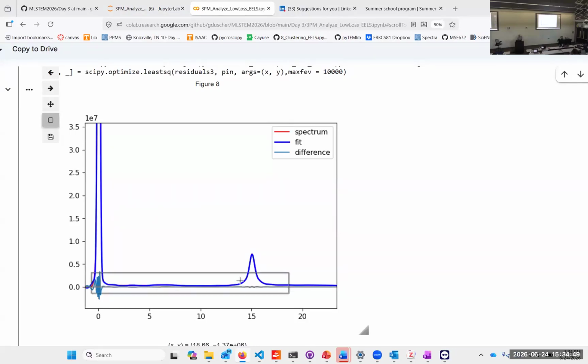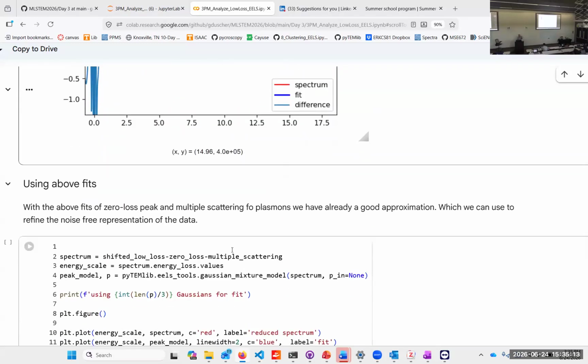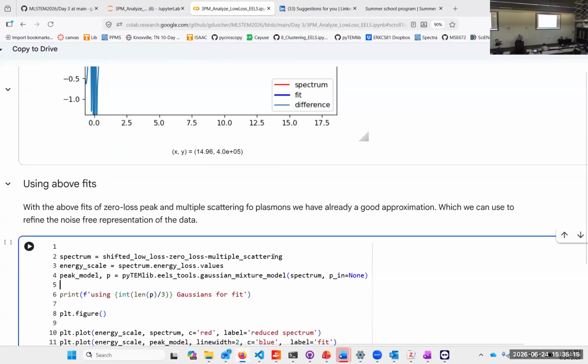And we have here a difference. And you see the difference is actually quite good. I could use a few more Gaussians, and then the fit would be even better. The problem with that is I really have no physical meaning with that. If I want to have physical meaning with fitting something, then what I'm doing is I fit the spectrum from